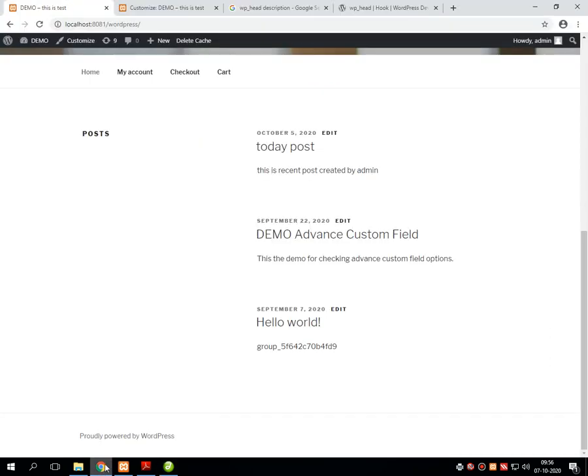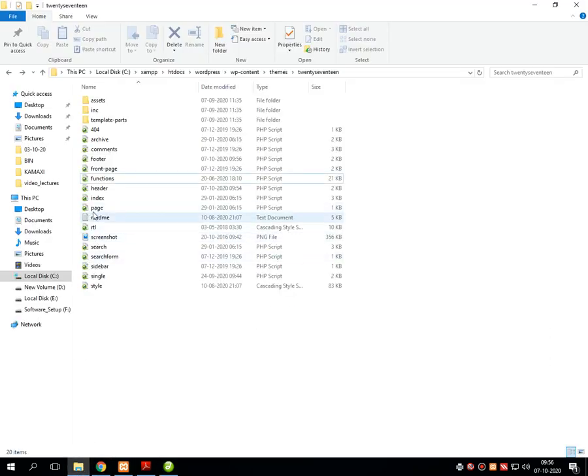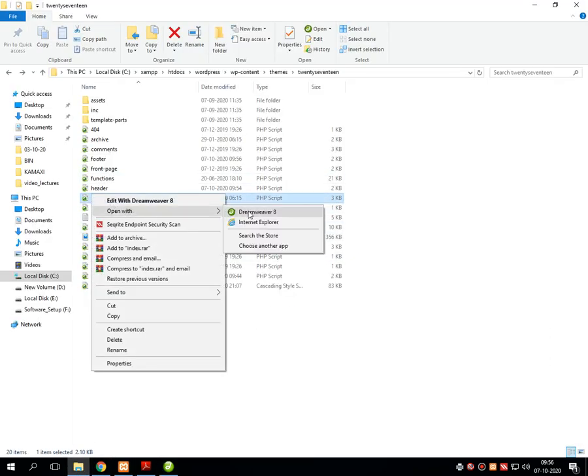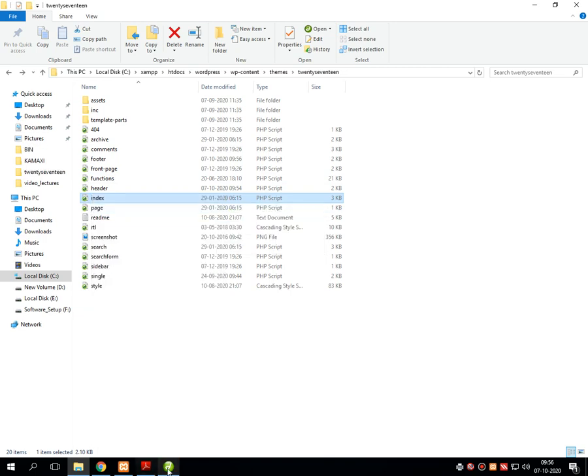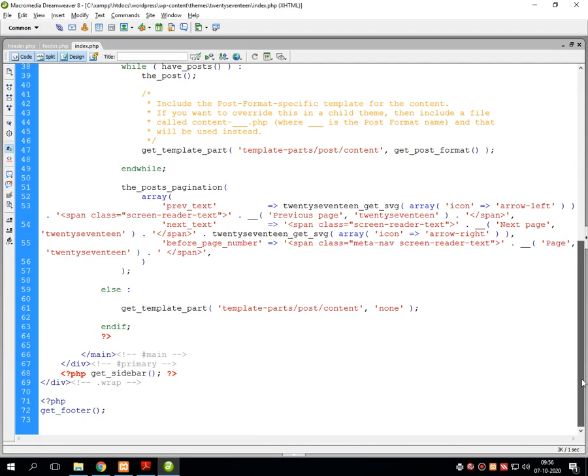Let me go inside the index.php once. Index footer.